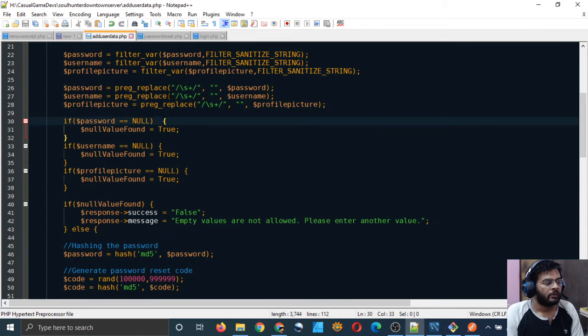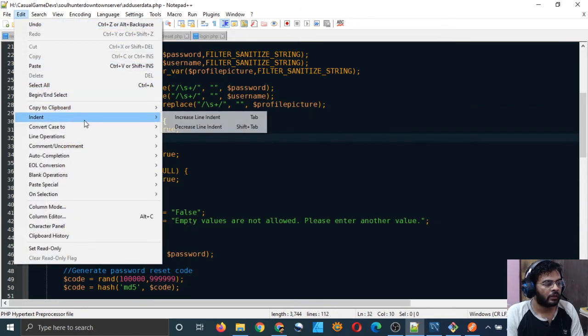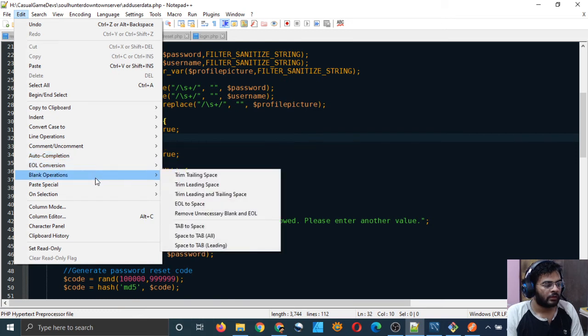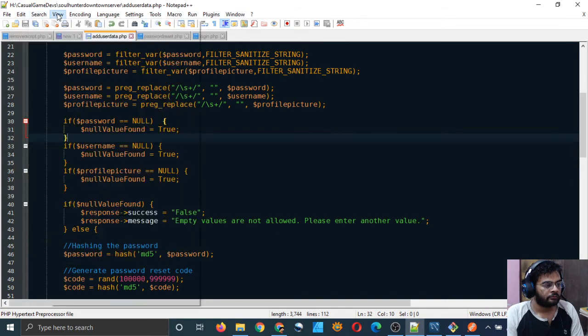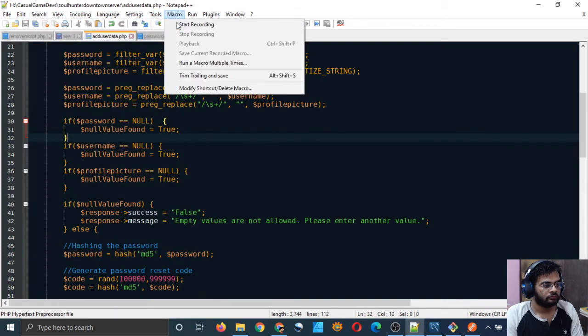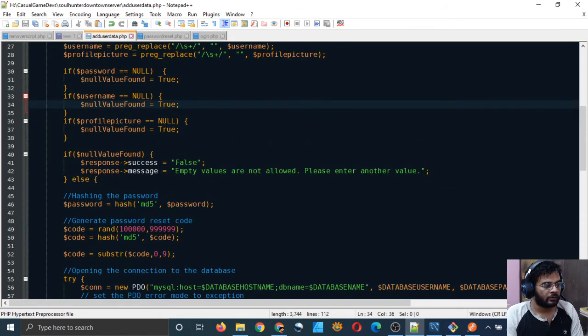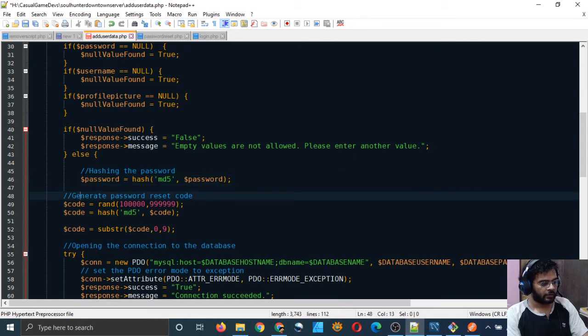I think there may be some better way of indenting it automatically. I wonder if there is an auto indent function. It's okay, it's not there, it looks like. I will just indent it by hand.